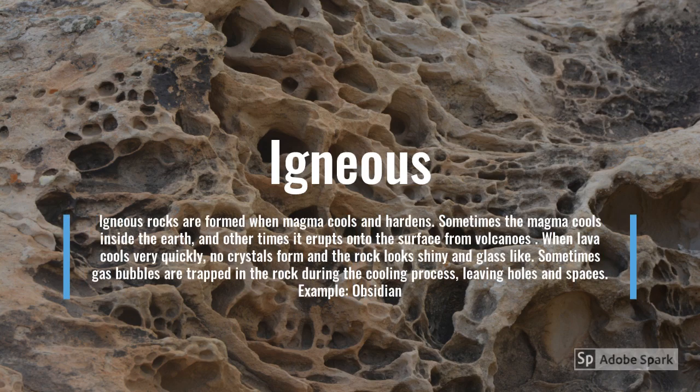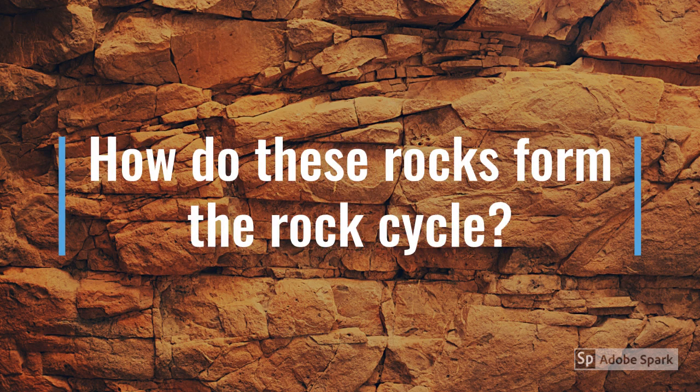The last type of rock we will be talking about is igneous rocks. Igneous rocks form when magma, which is molten rock in the earth, cools and hardens. Sometimes the magma cools inside the earth and other times it erupts from volcanoes, which is called lava. When lava cools very quickly, the rock can look shiny and glass-like. Sometimes gas bubbles are trapped in the rock, leaving tiny holes in spaces. Examples of igneous rock include basalt and